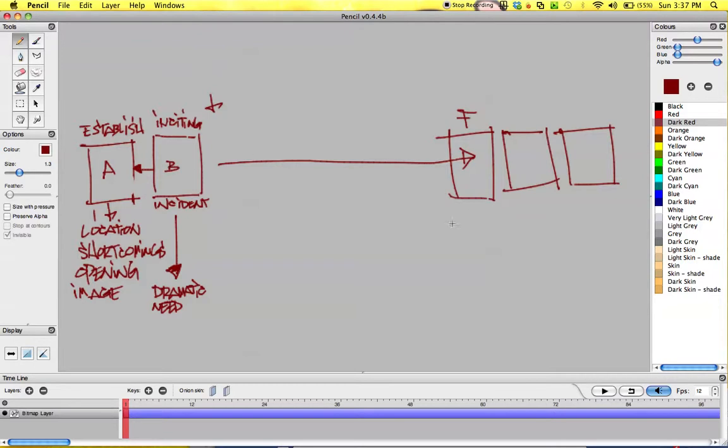So A and B, and this was your story arc right here. This is the dramatic need, and this is when they solve that question that they have. He kills all the terrorists, they get the Ark, they destroy. Actually, they get caught in